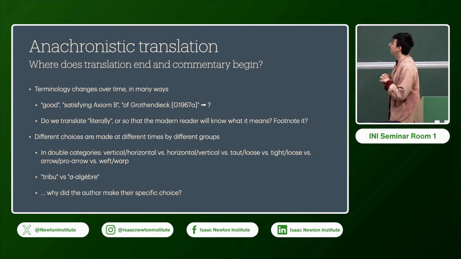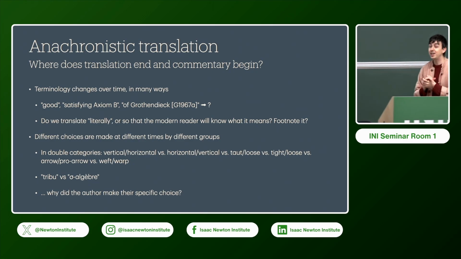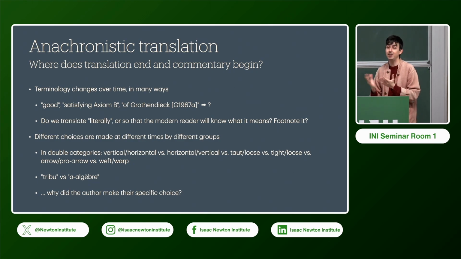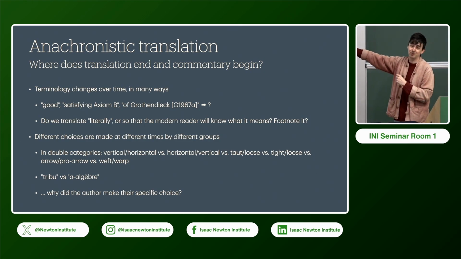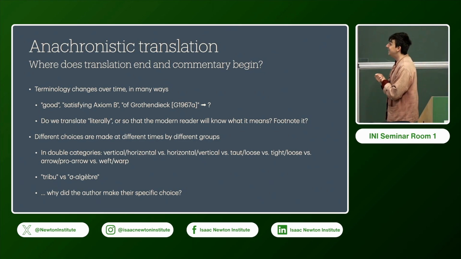A big one, which I also only learned recently, is French. Again, such a delightful language. I love it so much. Where you have the phrase "a sigma algebra", which means sigma algebra. This is where the people of Math Overflow are right. You don't need to know French to read this. If you know English, you read it. Yet, I've seen sources also call this thing a tribu.